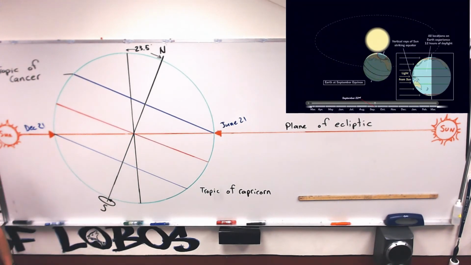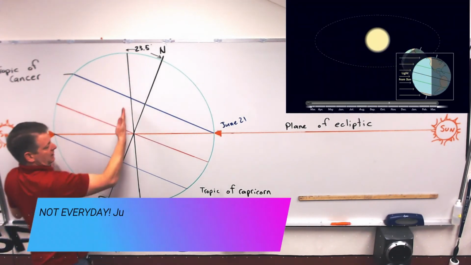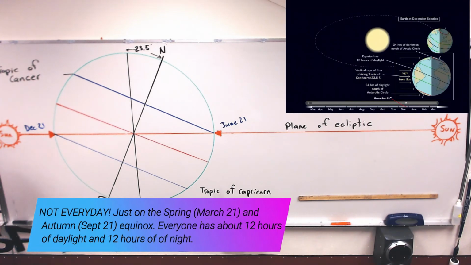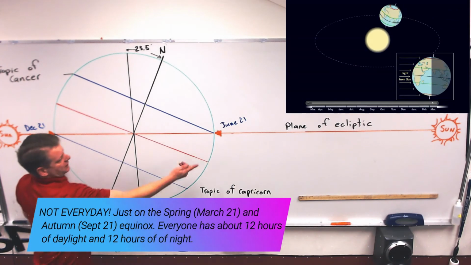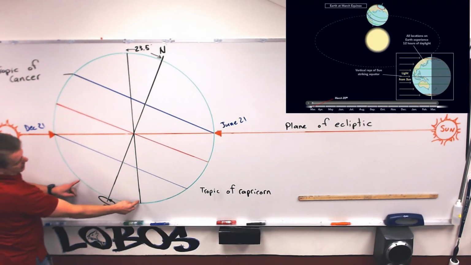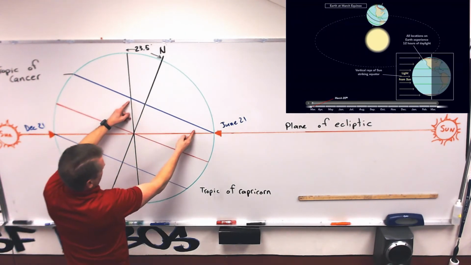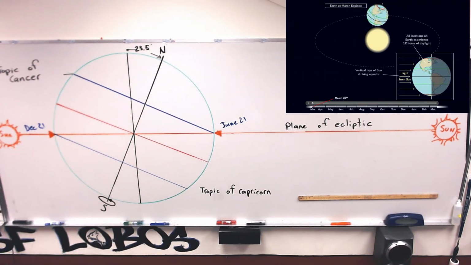Nox means night, equal. That just means that every day, everybody on that line has exactly 12 hours of daylight and 12 hours of night. Every day. So if the sun is shining over there in this northern hemisphere, then this side over here is all in darkness. If you look at the distance right here, that is a lot shorter than over here, which means that our northern hemisphere receives more sunlight in the summertime than the southern hemisphere, and our days are long and our nights are short.